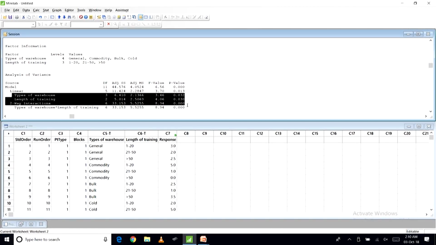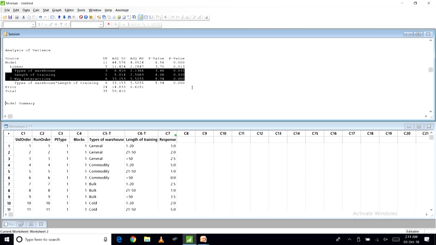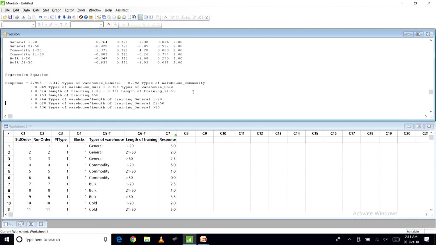So, we will say that there is a significant difference as far as absenteeism is concerned of workers of different types of warehouses and the length of training sessions which they undergo, as well as there is an interaction effect as well, right. So, this is how you should analyze output, and again you will be having the multiple regression equation, the R square, adjusted R square, and so on,